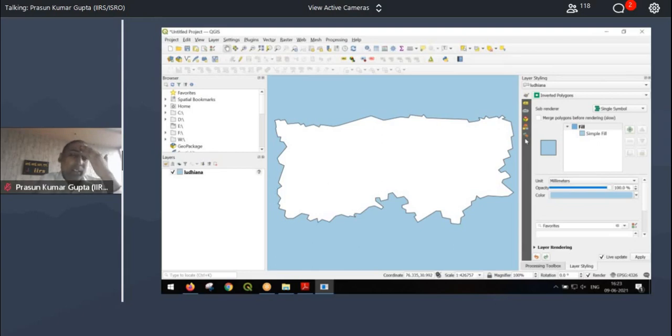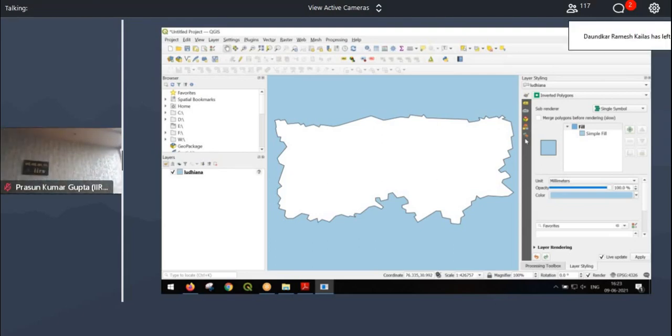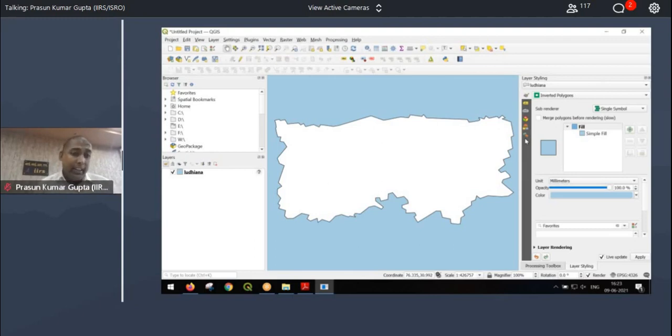There's several ways to do it. But for this session, I wanted you guys not to get into all those technicalities, but instead have a feel of what a 10-meter satellite data would look like.